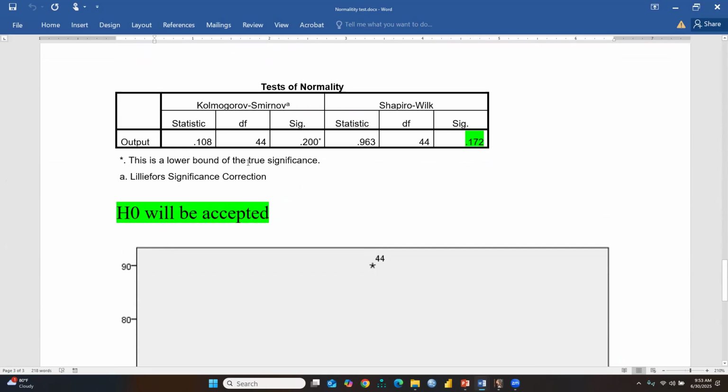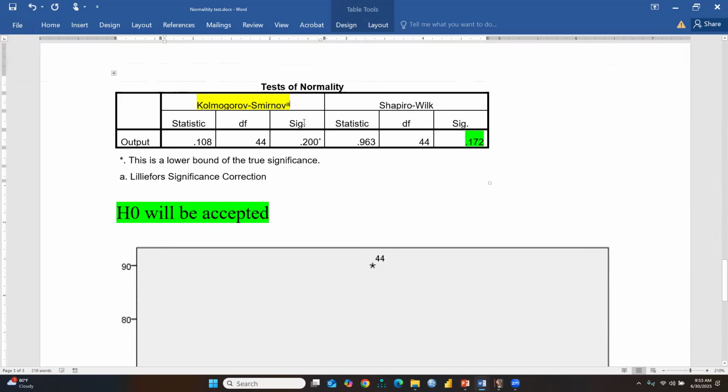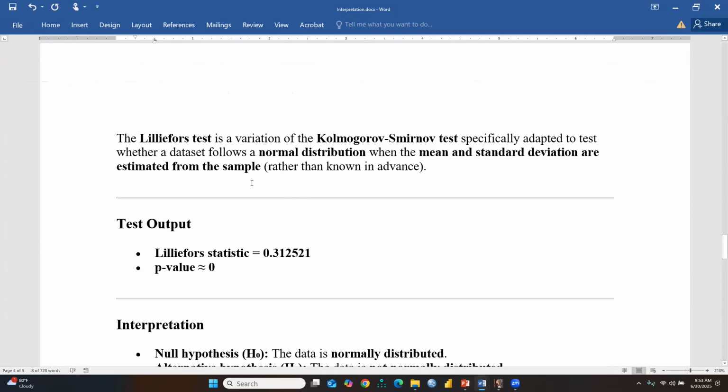And what we were talking about is Kolmogorov. Let me highlight this Kolmogorov. This one is the test, and this is the SPSS output. But when we compare with Gretl, the test is the Lilliefors test. It is equivalent to the Kolmogorov test of SPSS. It is specifically adapted to test whether a data set follows a normal distribution when the mean and standard deviation are